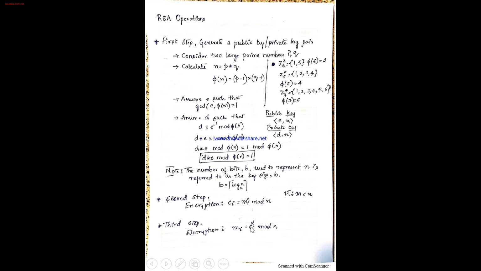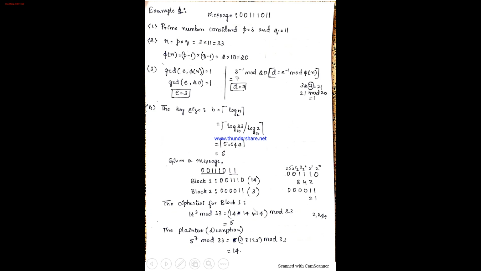Next, we'll now have a question: why does this RSA work? When it comes to decryption, I'm raising it to D mod n. How is it possible that I'll get back my message? It was encrypted by raising the message to the power of E, and E and D are two different numbers in most cases. So how exactly will it manage to get back our message?